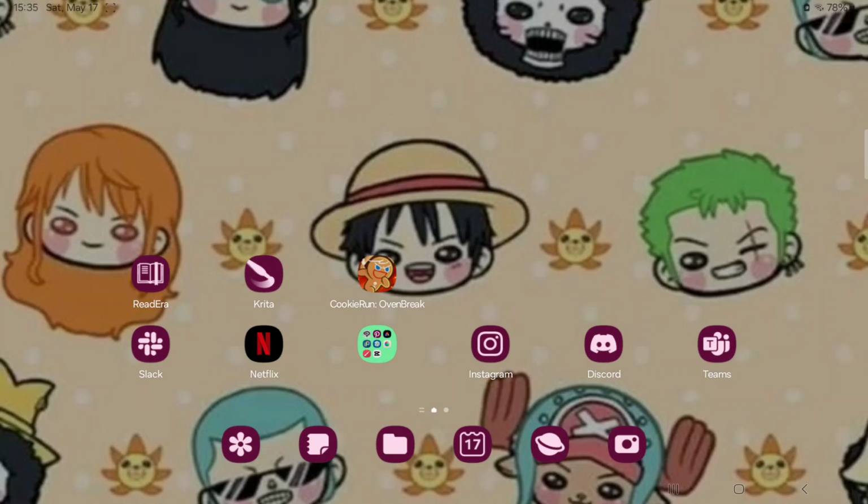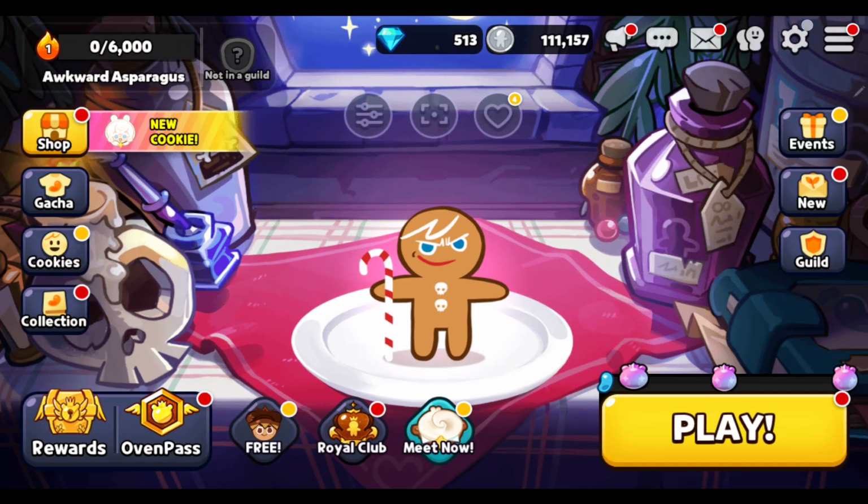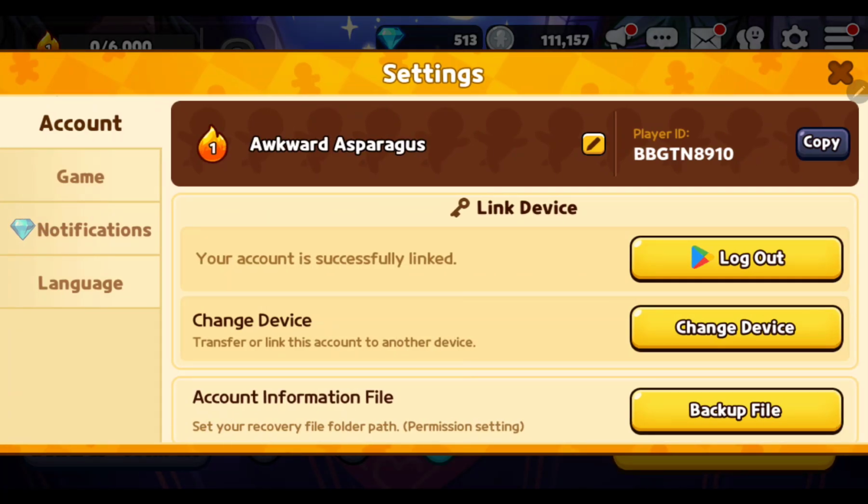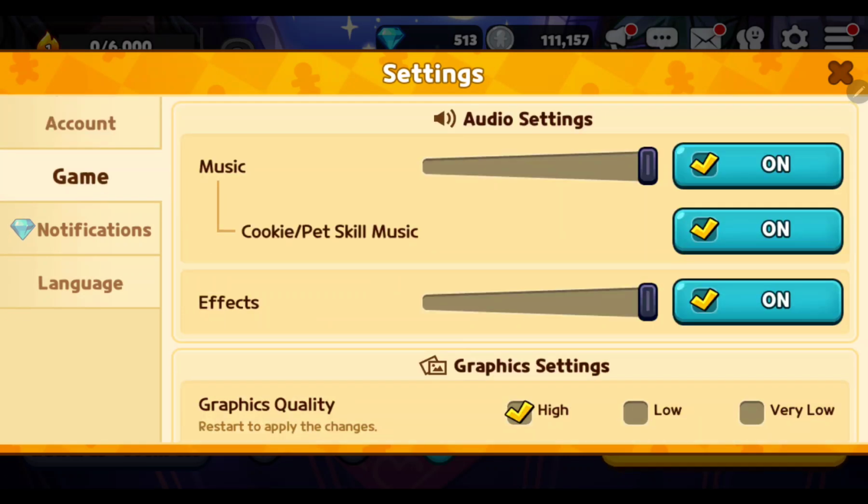application. First of all, open the application on your device. That's the home screen, and you can find different buttons. Go to the settings icon at the upper right corner of the screen, and here go to the second button, the game. Here you can find the audio settings section, and if you want to turn off, click the arrow, the first arrow, and if you want to turn on, just click that again, and you can set the